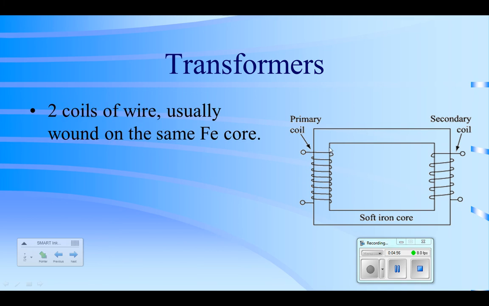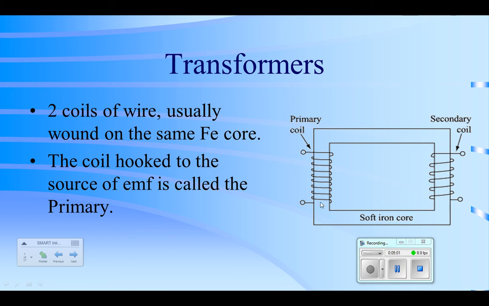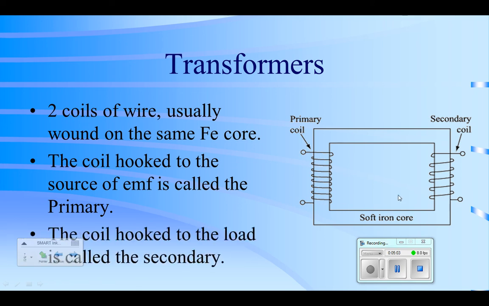2 coils, the primary coil and the secondary coil. The rule is the primary coil is the one that's hooked up to the source of EMF, and the secondary is hooked up to the load. So here comes the current in to the primary, and our source would be AC. The field will grow and collapse across this coil. It will cross over this coil and induce EMF in this coil, and so we will get a transfer of energy across this transformer. Right now, how is that going to work, and why do we have this set up